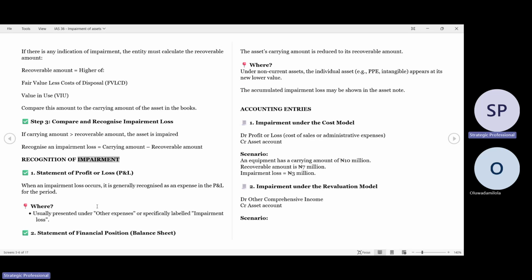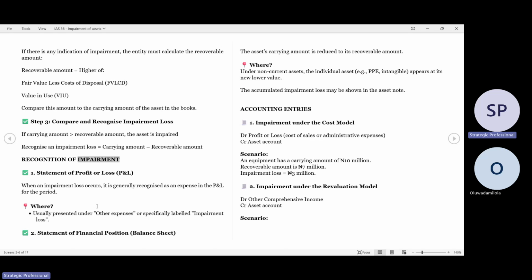So the same way, you know how depreciation works. The same way you say, oh, the cost of a motor vehicle is $50 million and depreciation is 10 million. You know that once you have cost 50 million and depreciation 10 million, it means that the carrying amount of your asset is what? 40 million. Now, the same work that depreciation has done to the cost of that asset is the same work that impairment loss will also do.